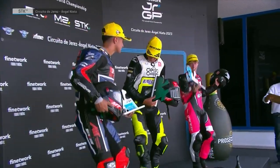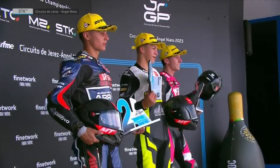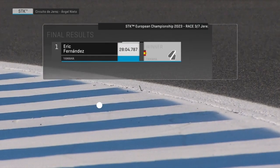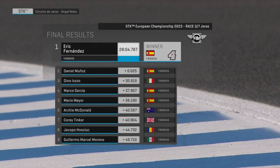Yeah, but no, it's some fantastic racing here, as always, in the Junior GP Championship. Honestly, this place really is the place where the stars of the future are born and made. Yes, and one of those stars for the 600 class in the Stock European Championship will be Eric Fernandez, who takes his first win of the season ahead of Championship leader Danny Munoz, Dino Iotto, and third about half a minute further back, Marco Garcia, a great performance to recover for whatever happened to him back in the fourth